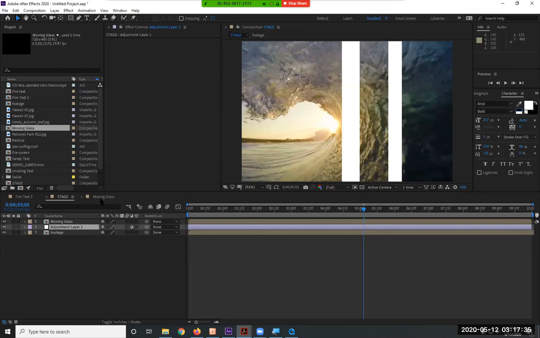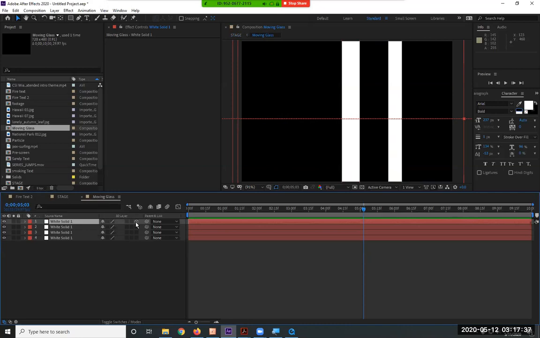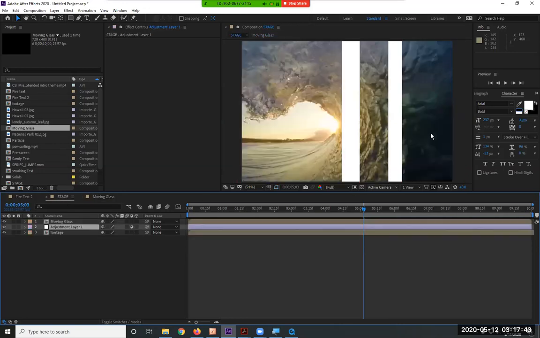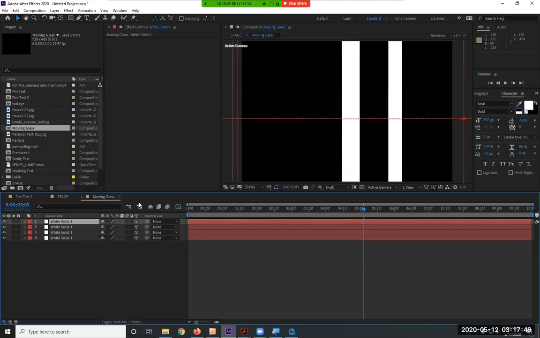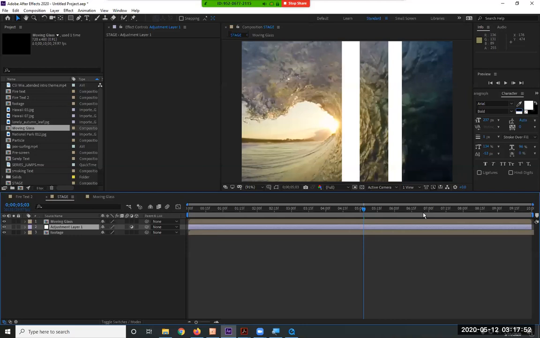The one thing I forgot to do back in my moving glass was I wanted to make those 3D. And you'll see why when I come back. So when I go back to the stage, I don't need them 3D here, but I'm going to do the lighting effect, and this layer needs 3D to do lighting. So it's a little step through. Okay. So with adjustment layer, I'm going to go